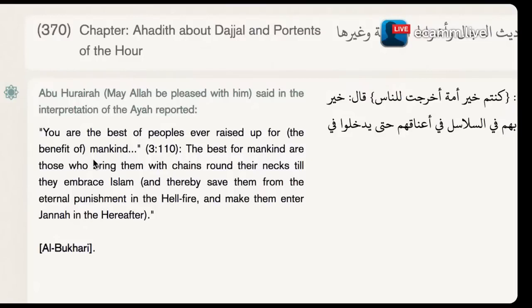This is why a Muslim always speaks as if he is a supreme person, even if he is living in a country that doesn't even have electricity, the street is dirty, he did not take a shower for a year, and yet he speaks about himself as if he is supreme. Why? Because this is what Islam teaches. Islam teaches you to believe that you are the best of mankind,